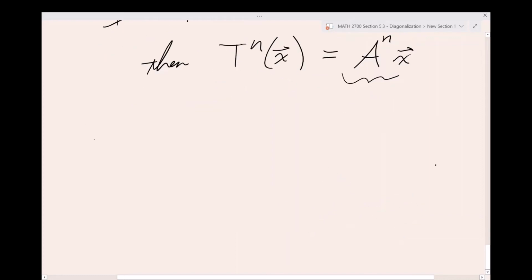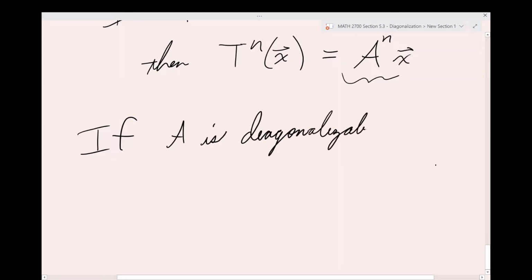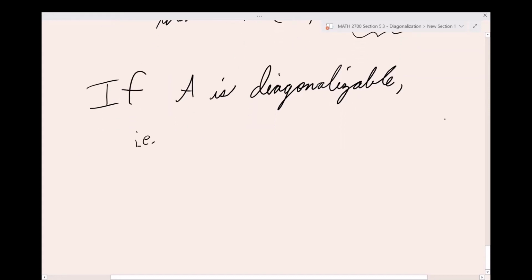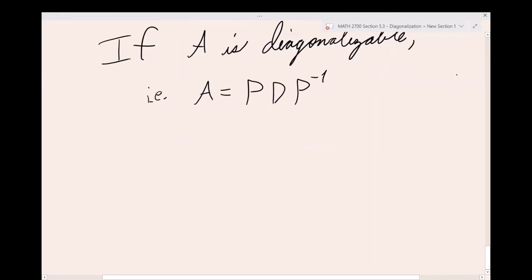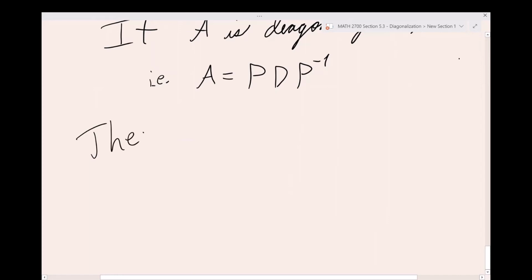So what's the use of this? If A is diagonalizable, in other words, we have this diagonalization, I have that invertible matrix times that diagonal matrix times whatever that invertible matrix's inverse is. If I can factor A like that, then if I want to take a power of that matrix, multiply it by itself as many times as I want, notice what ends up happening is